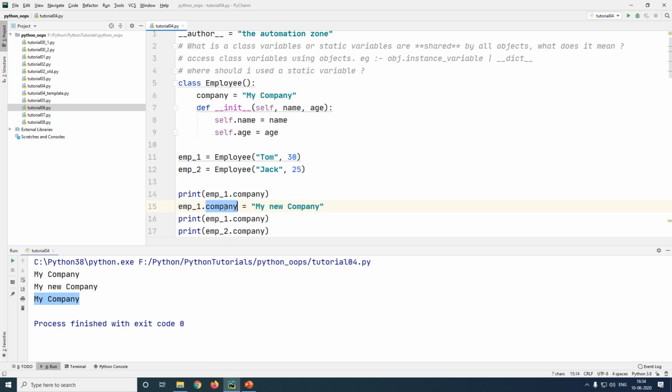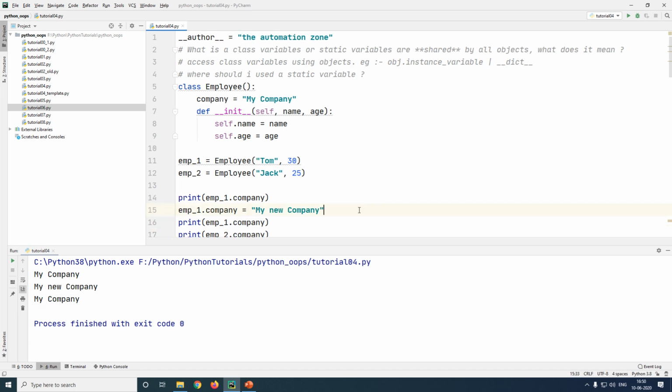Therefore, this particular variable is present inside of the object, and therefore when I do object.variable, Python finds the variable inside of the object and does not go ahead and check for my class variable. So note that you can change the variable, but that is going to be specific to that particular object itself. It is not going to be reflected for all of the other objects. In other words, you are simply creating a new variable inside of your object.